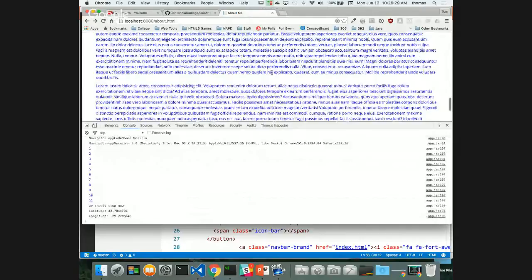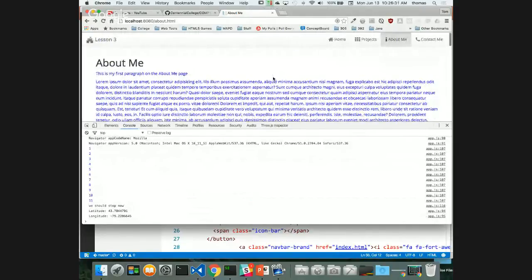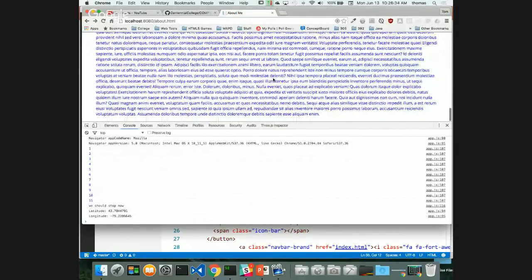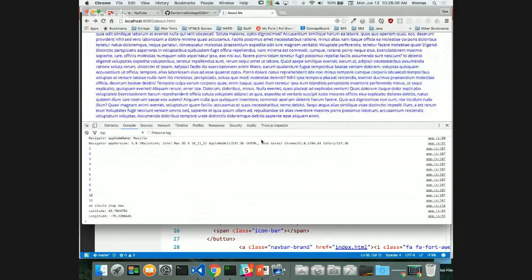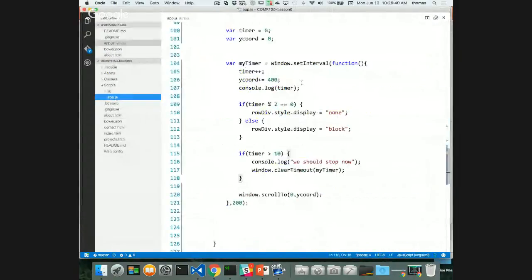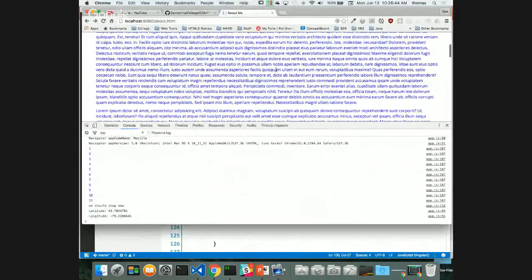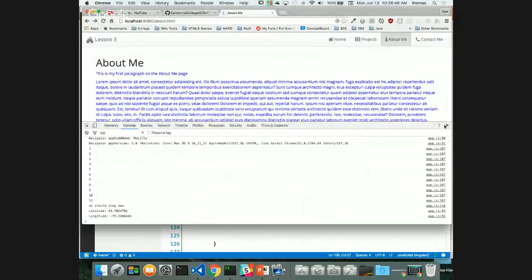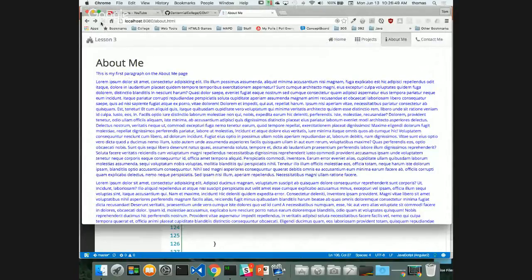By the way, you can see that I scrolled all the way down to a point where there was no more to scroll, right? And if you want to see that for certain, if I go back to my app.js, maybe 400 is too much. We'll scroll 100 at a time and see what happens. I'm going to go back to the top, and we don't have to see this anymore. Let's just see what happens. Refresh,